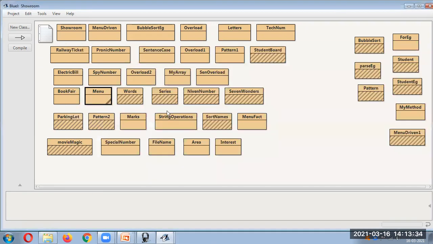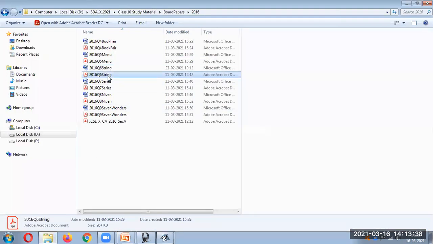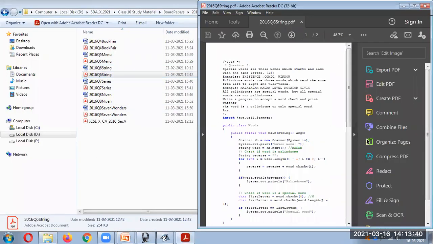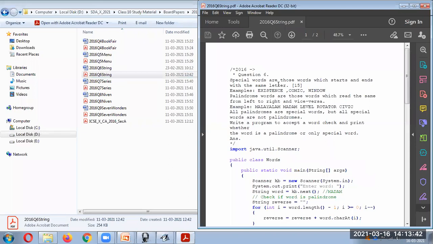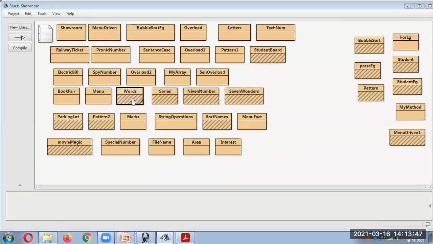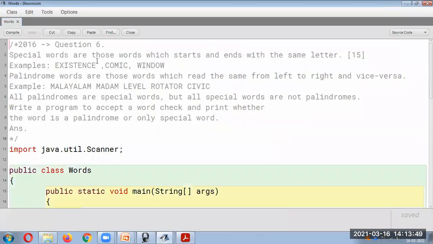Okay, let's go to the third question. The third question is question number 6. Question number 6 is, let's say, special words. Let's go to the program over here. Special words are those words which start and end with the same letter.